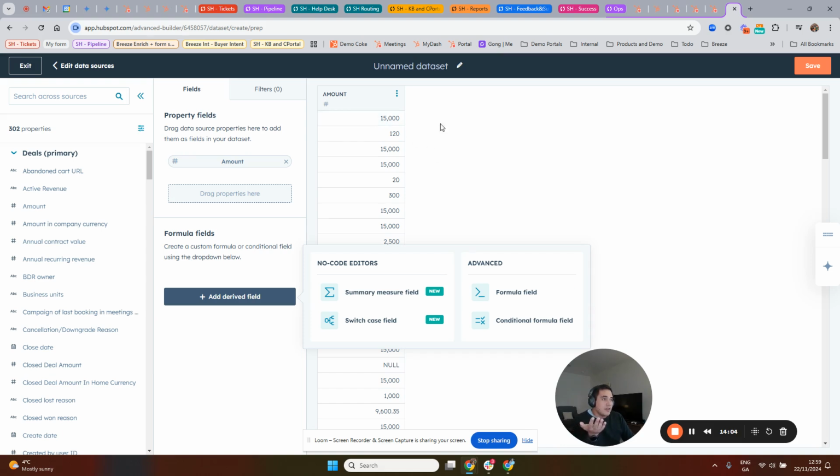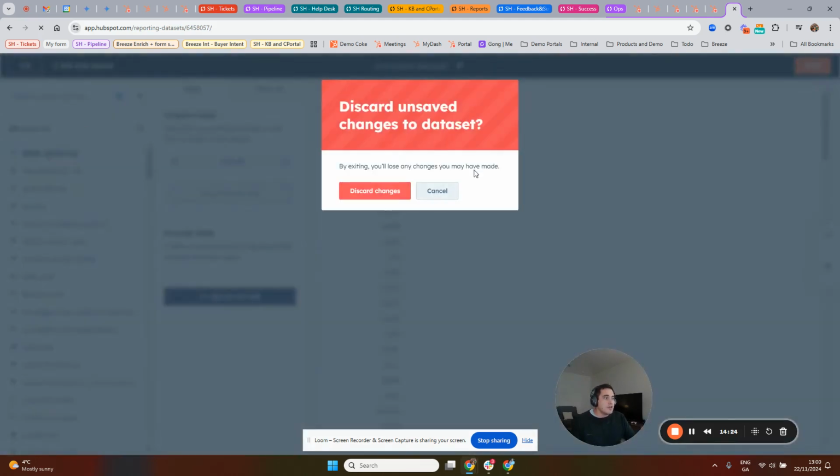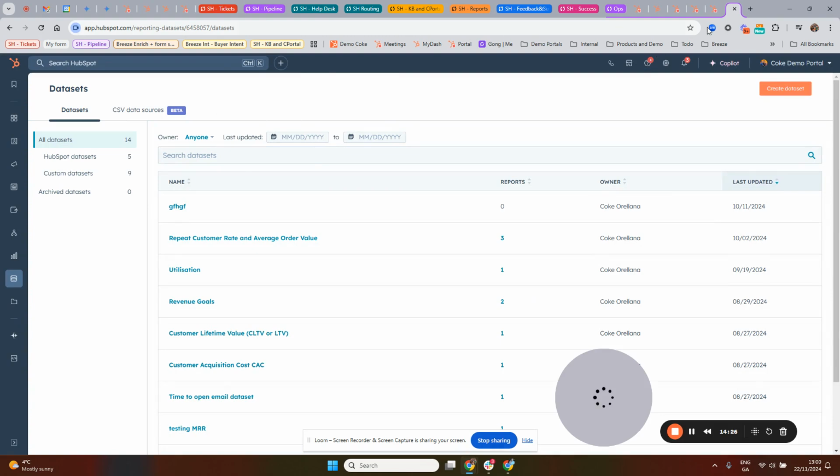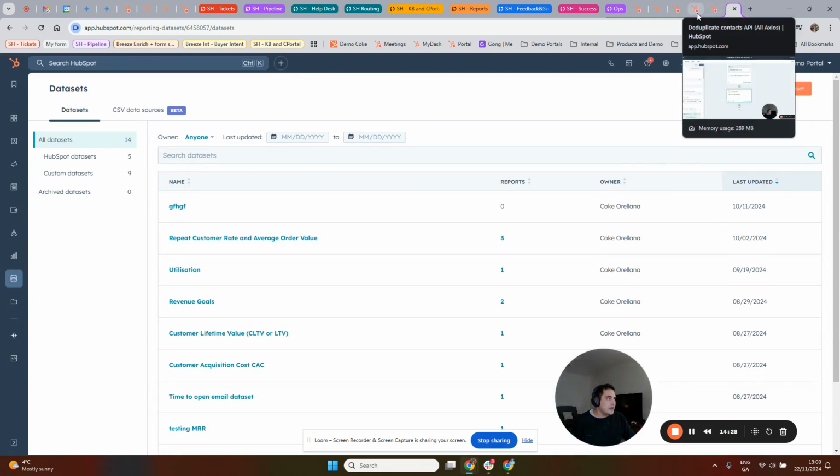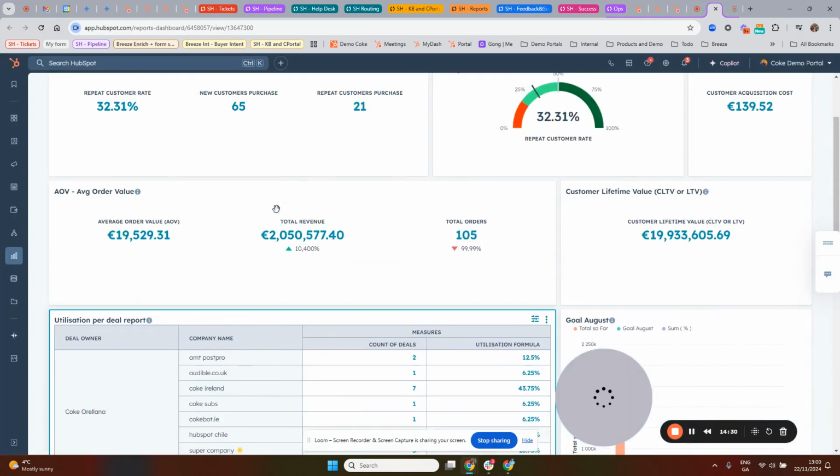I can also use the amounts to multiply them or divide them based on if the deal is still open and you need to get some information like for forecast. You don't see the full amount until the deal is closed, but you're kind of forecasting the amount based on the probability of the deal to close, etc. So that's something that you can do with datasets,